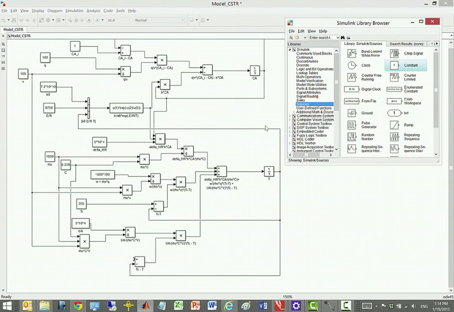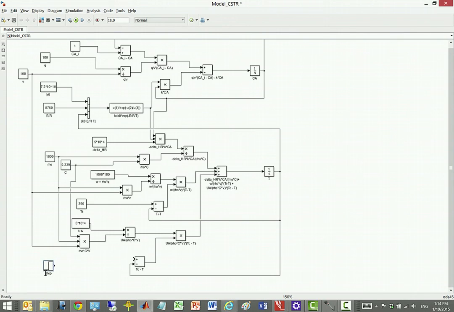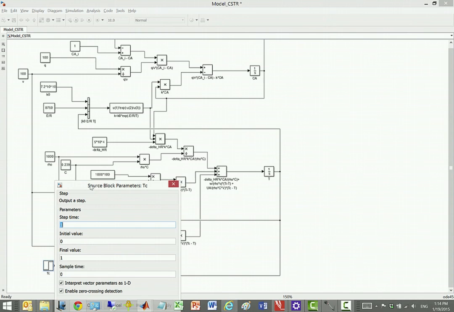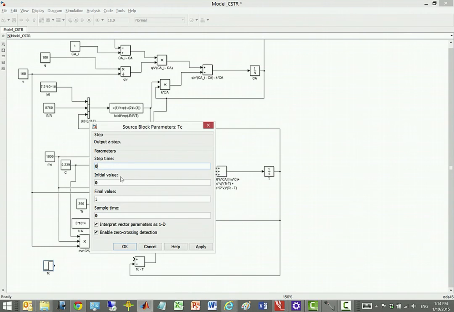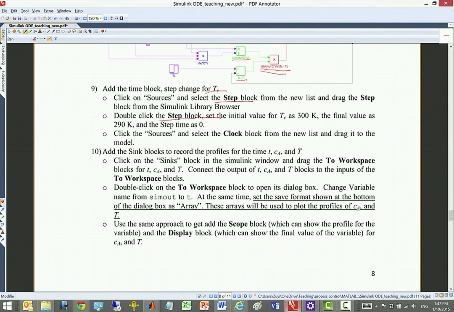So we need to go to the source here, and then you identify the step change, right? You put TC here, and then you need to specify the change. The step time is 0, so we change at time 0. Initial value is 300, final value is 290, right? That's it. Save it, and then link this one. Okay, I just showed you